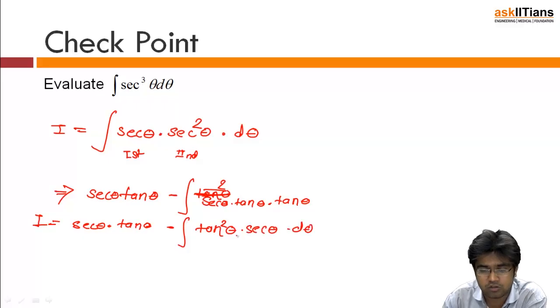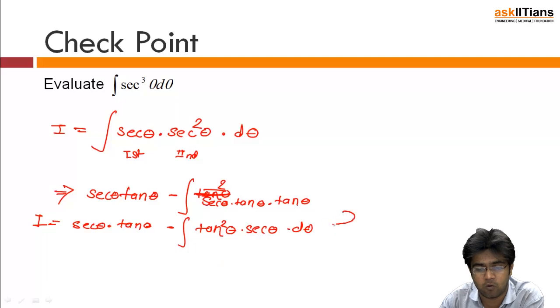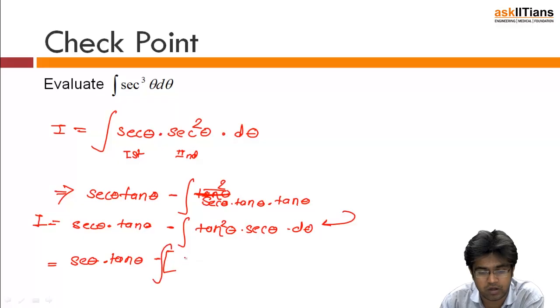Now some of you will say that, sir, we are again going to apply the same rule, we are again going to do it by parts. Some questions may desire that you need to apply integration by parts once again. So in some questions you may need to apply it 2 times or maybe 3 times to get the answer, but here we don't need to apply again. What I can do is that I can carefully substitute, let me write tan square as sec square theta minus 1, into sec theta d theta.